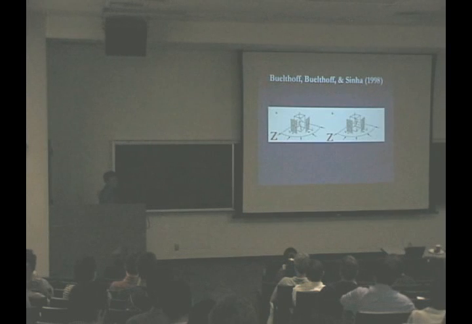So those are the two points. And of course, we are not the first people to do this. Guido and Sinha actually did related, similar experiments. On the left, it shows in stereo again the human walker,